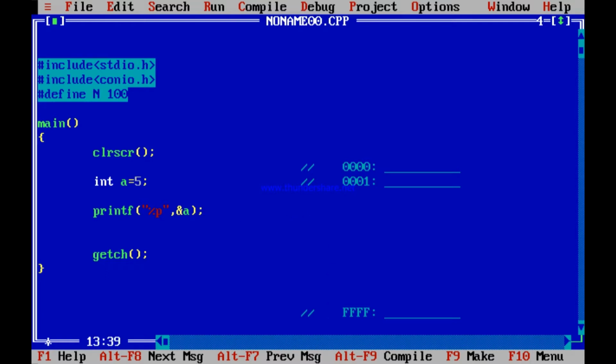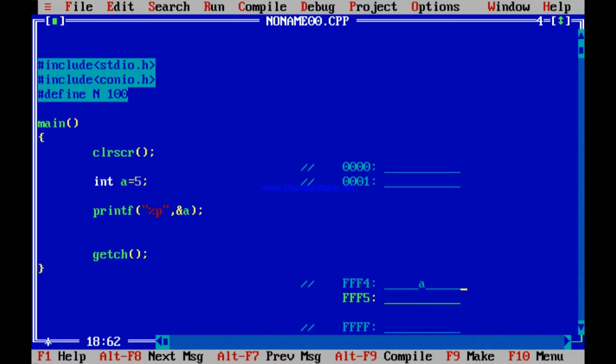Does not that mean that a memory location ff4 has been used to store a? Though one memory location here is storing a, one memory location is not enough to store a. It needs 2 memory locations to store a, that is, ff5 also must have been used to store a, because I told you